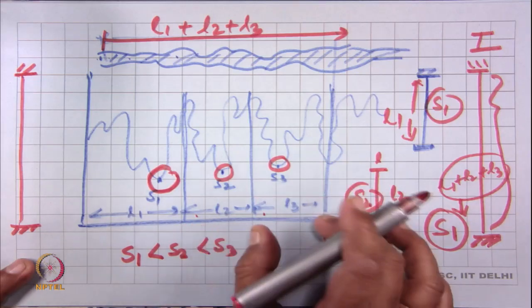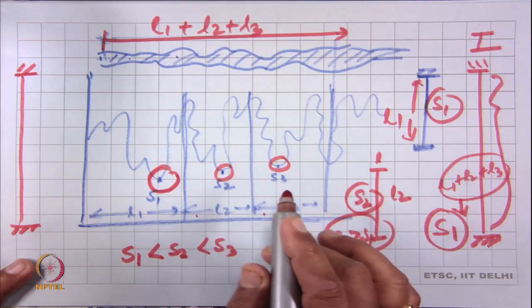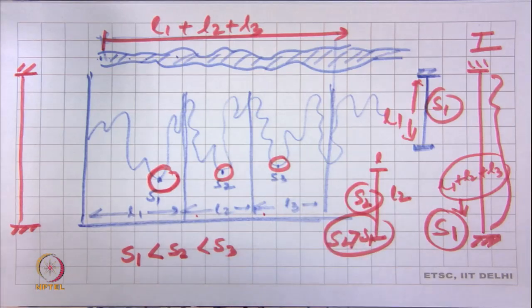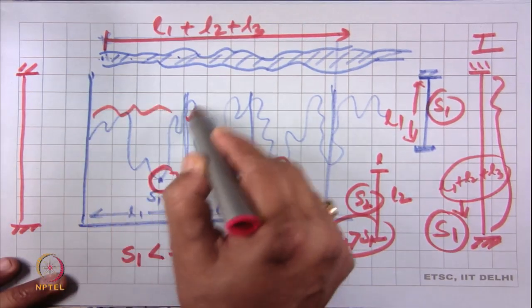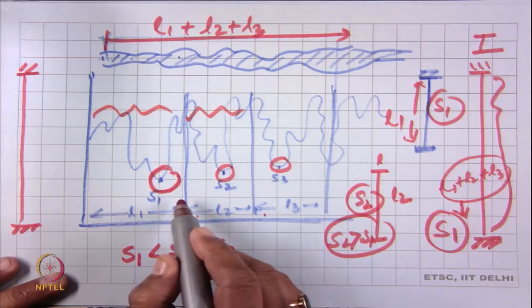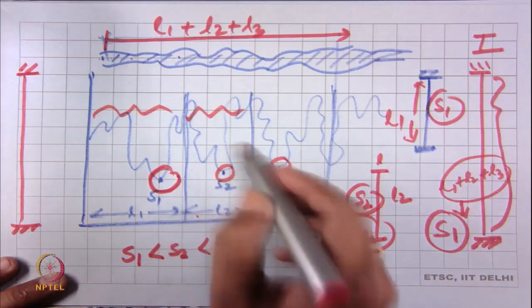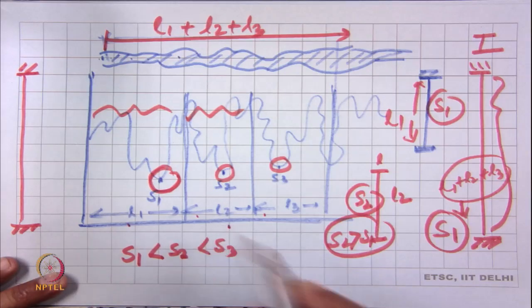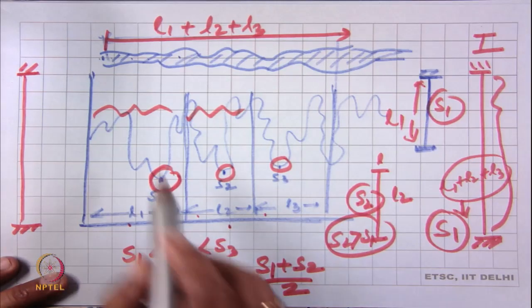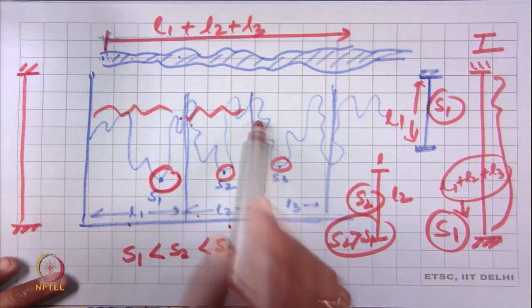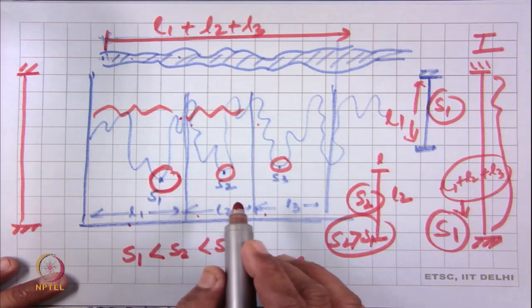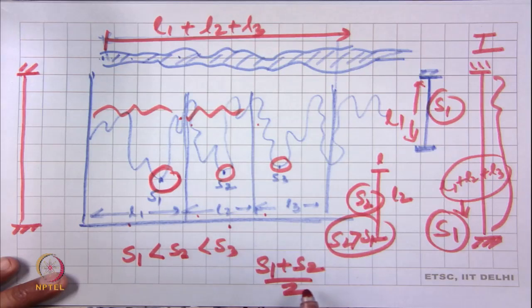Again if we take the S 3, it will be S 3. So, in this way, if we can reduce the size. Now, here if we see with the smaller length, if we test, the mean strength will be, so L 1 and L 2 if we take, the mean strength will be S 1 plus S 2 by 2, because in this portion the strength will be S 1, next portion the strength will be S 2. So, the mean strength if we take will be S 1 plus S 2 by 2,